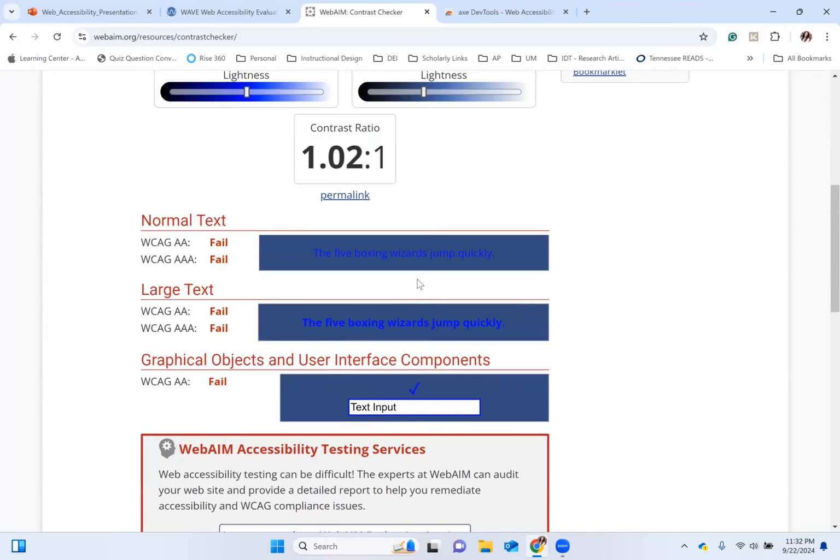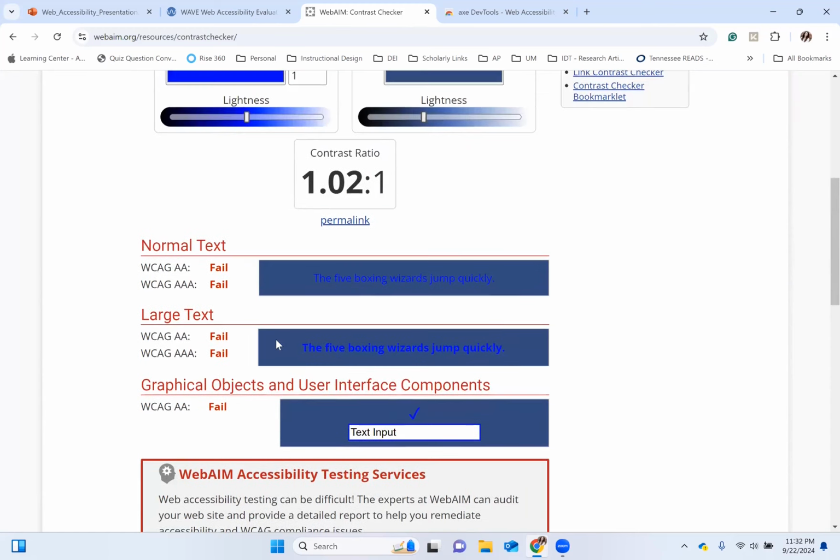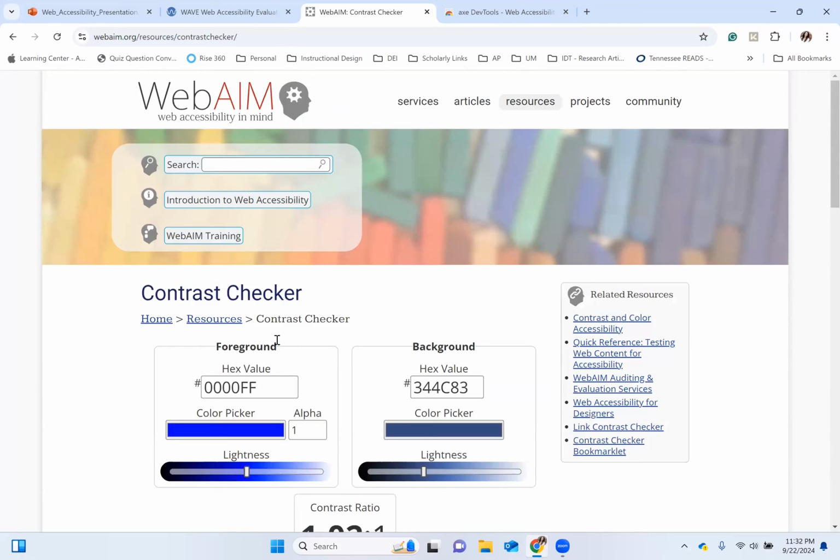And there's some other things on here too. Text size, graphics, GUIs, so graphical user interface, object interfaces, those types of things. This WebAIM website allows you to assess the accessibility of a particular website and then provides articles and resources to help you improve some of those things that may be lower scoring.